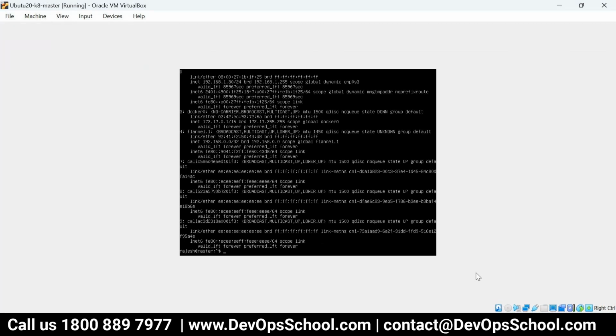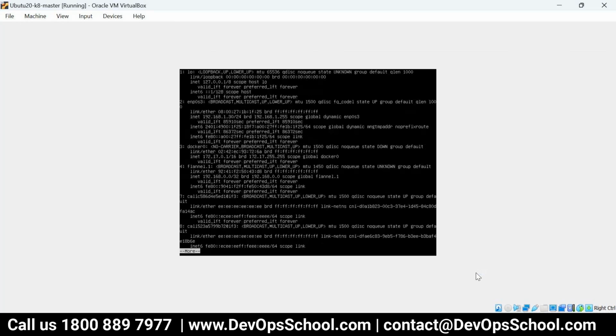Many people struggle with this daily. I have seen it in previous batches. The IP output will be so long that you will not be able to see it. So what to do? Run ip a and, to see it page wise, type more. More means page wise you will get it. So enter. Now, can you see the IP address? If you see the fifth or sixth line, second option, enp0s3, correct now? What is the IP address?